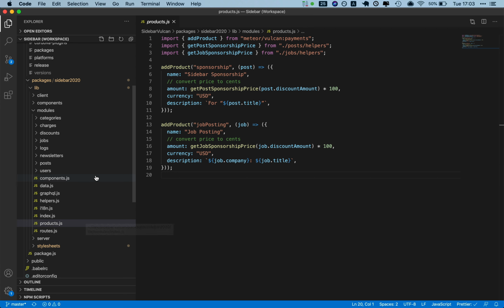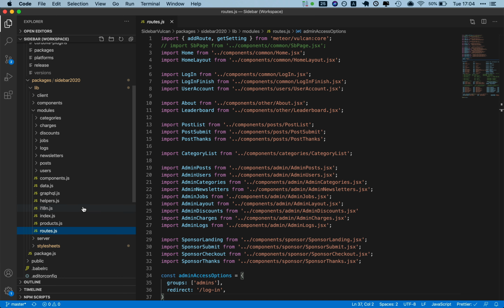So that's an overview of the root files here, and then as you can see, the rest is sorted by model, I guess, or at least feature type, and that's how it's usually done in Vulkan apps. There's two ways to organize your code in any app, whether it's Vulkan or anything. One is by type, so all the models together, all the callbacks together, all the routes together. And we do that a little bit and on some level, such as in routes, but mostly we do here